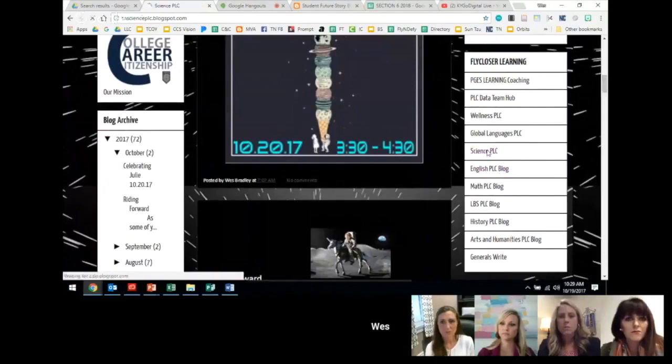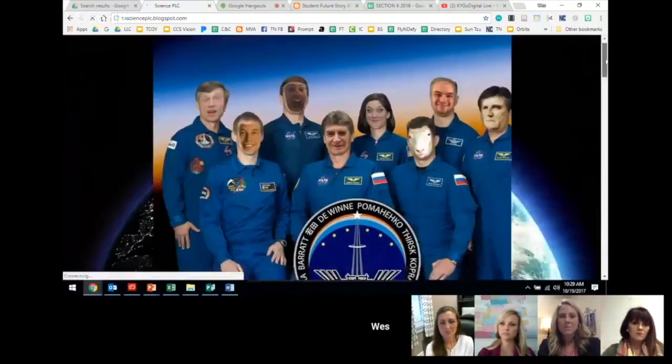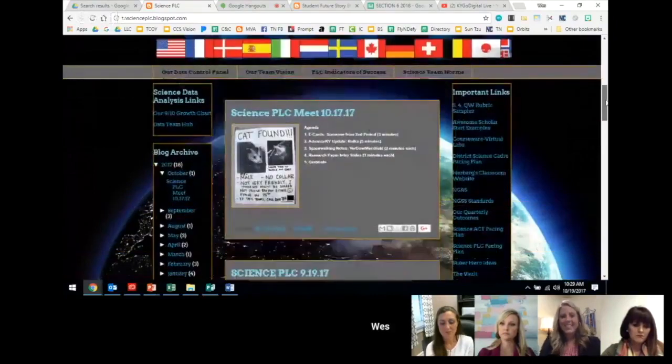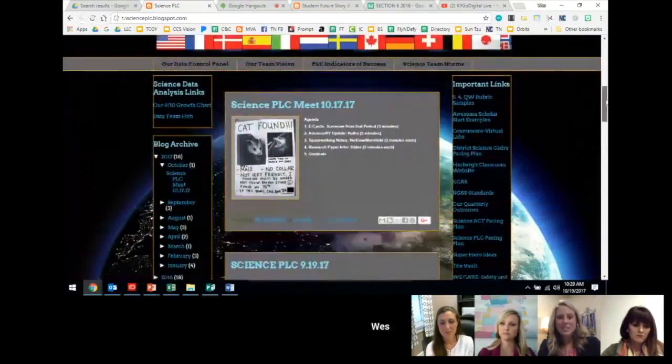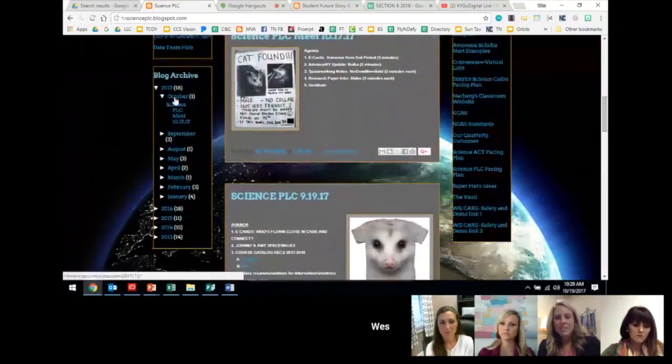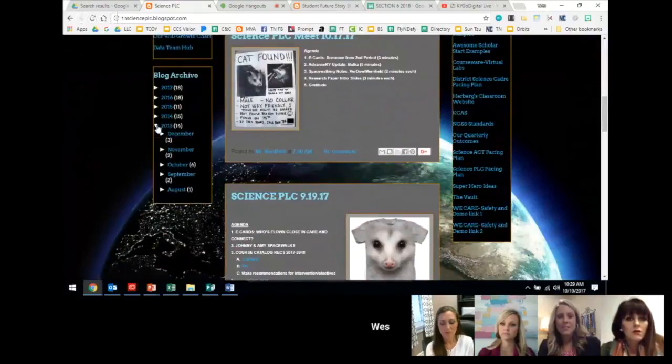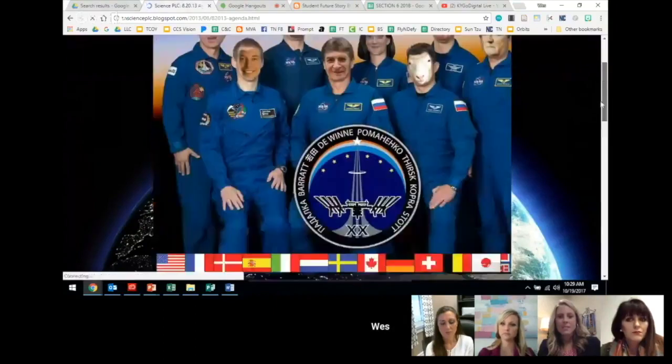So if we look at the science team, this takes you to a very similar structure, except it looks a little different because they've customized it. But you can go back in time here to 2013, and you can see what they were doing on their team in 2013. So it looks like their first post was in August 2013, and they posted an agenda, and it looked like this.